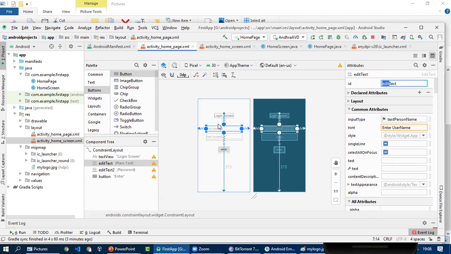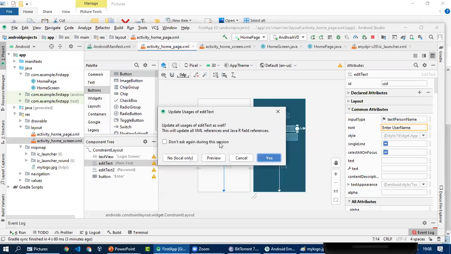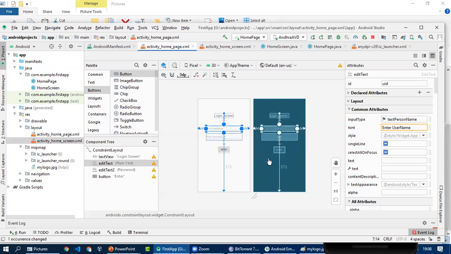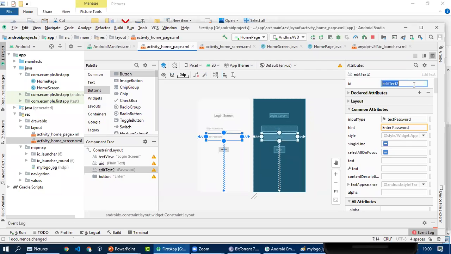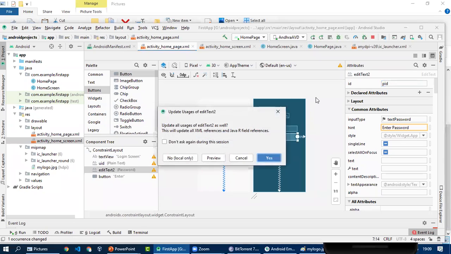Suppose we assign this as UID, and for password, assign the PID.